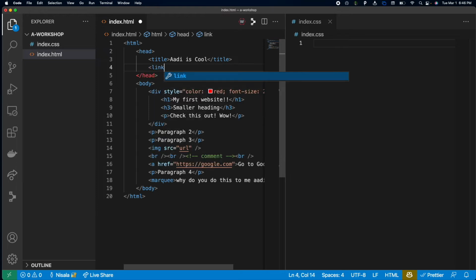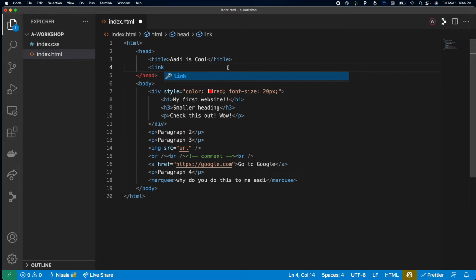It's going to go in the head, because remember, this is not something that's displayed. So we're going to tell it link. We're going to give it a rel. Rel tells us what type of file we're linking. We're telling it that we're linking a style sheet. And then we're going to tell it where it is, which, make sure I'm doing that right, because I don't want to teach you guys the wrong thing. Use href again, and we tell it to go look in